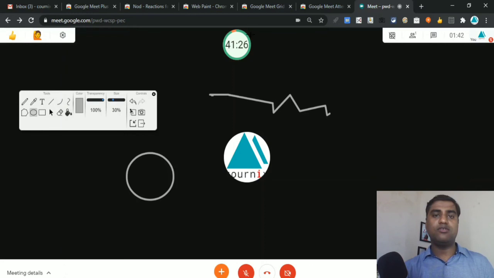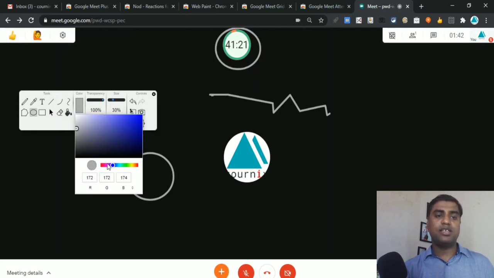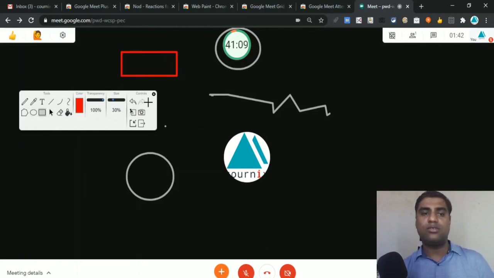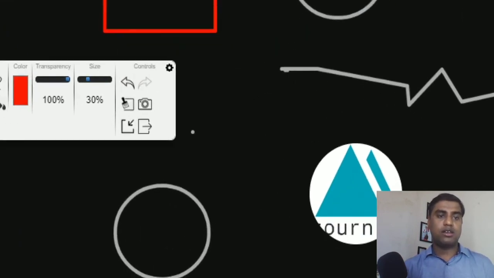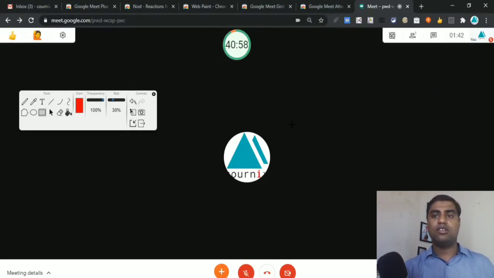For example, when I use this clock and want to highlight it, I can do it as well. I can change the color. Okay, I can simply select here. If I want red color or something, I select this, and then I can use any symbol in that new color. So it's really cool to use. And this small symbol which you can see here will erase everything you have done on the screen.